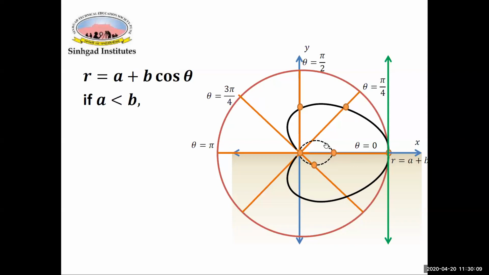Since the curve is symmetric about x-axis, you will get the same curve in third and fourth quadrant. Your tangent at the line theta equal to 0 is the perpendicular tangent. So this is tangent to this curve. So the difference between a less than b and a greater than b is it passes through the pole and enters the negative zone, whereas the previous curve was not passing through the pole and it was having positive value over here. So this is the second case for the cardioid. Again, its shape is the heart-shaped curve.